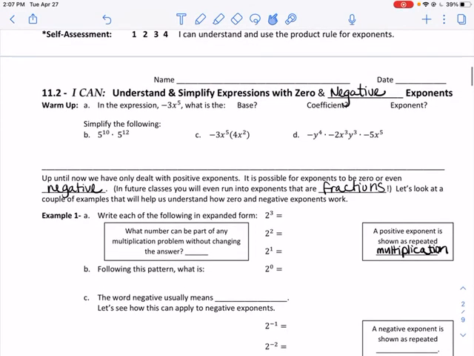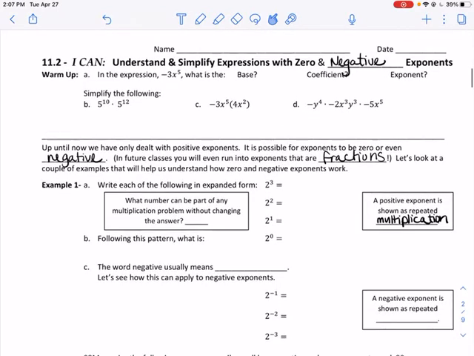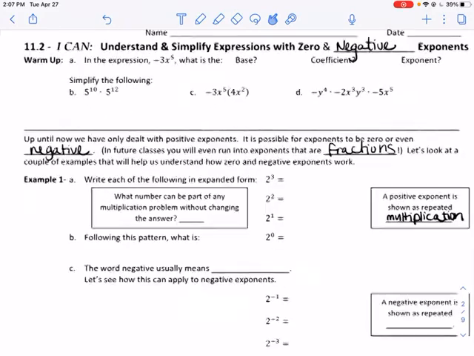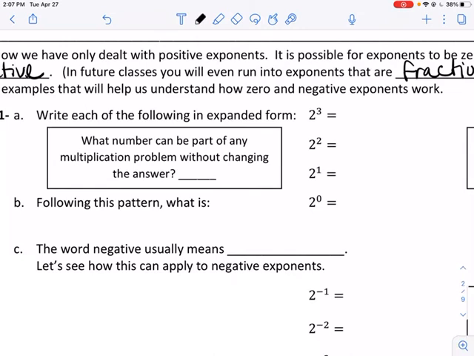Today, we are going to understand and simplify expressions with zero and negative exponents. So we've only dealt with positive ones, but exponents can be zero and negative, and they can even be fractions. But we're just going to learn about zero and negative exponents today. Let's explore what it might mean to have a zero or negative exponent by working with what we know with